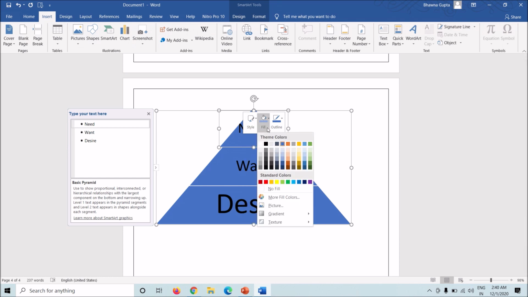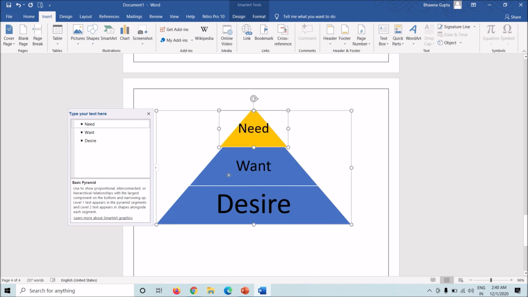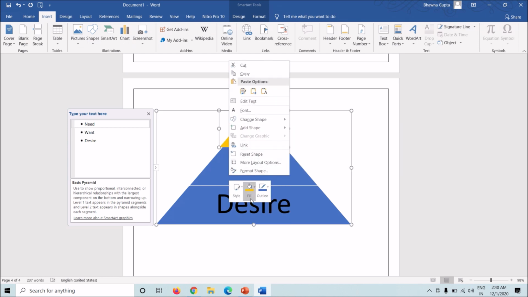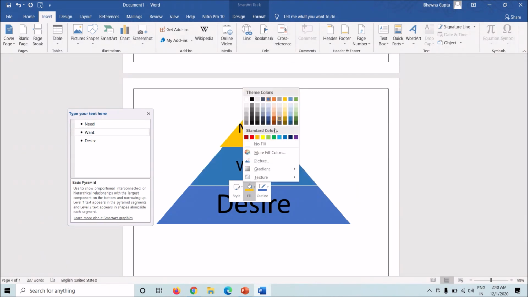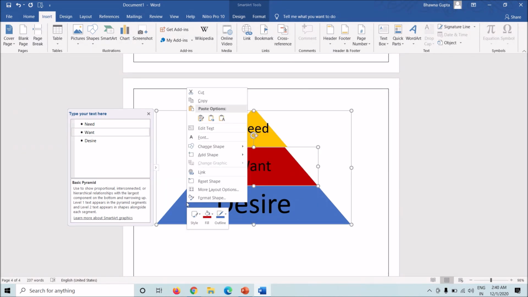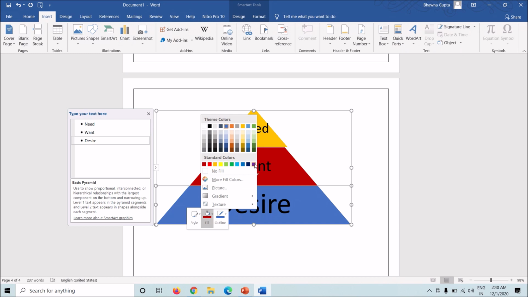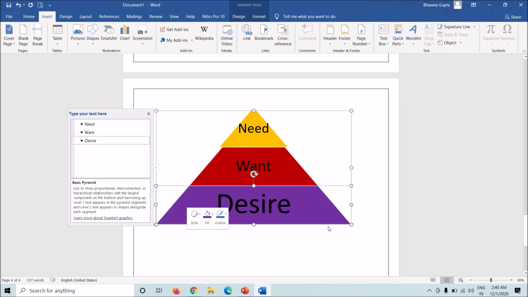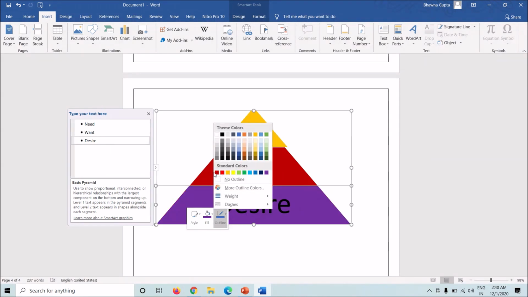What else can be changed is the fill. Suppose I want the color to be not blue, I want it to be yellow. I can right click on the pyramid and you'll get the chance to change the color through the fill option. And that's how you change the color of the pyramid. The combination looks weird, but yes, you can change the outline. You can add color in the outline.